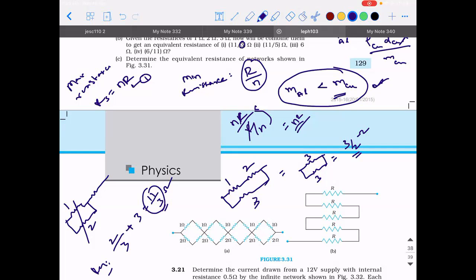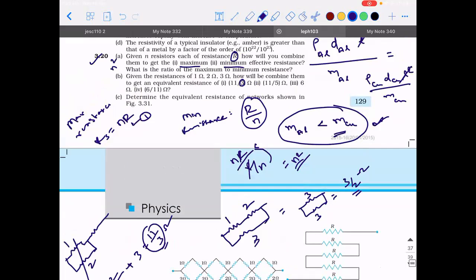Since the denominator is 3, you will get a fractional value only when you connect the resistors in parallel. When you connect two resistors in parallel, the formula is R1 R2 divided by R1 plus R2. So in the denominator for parallel connection, the resistances are getting added. Since you have a 3 here, which two resistors do you need to add to get a 3? Obviously, 1 and 2. So 1 and 2 should be connected in parallel. The third one should be in series because 11 by 3 is neither the minimum value nor the maximum value.